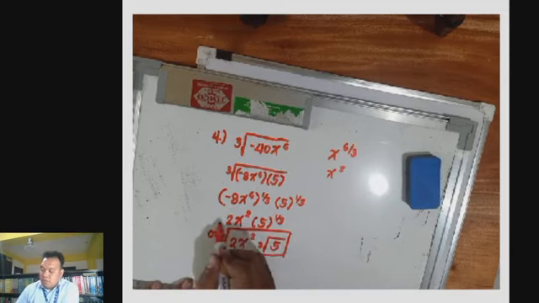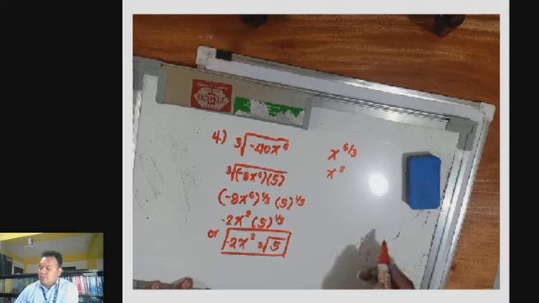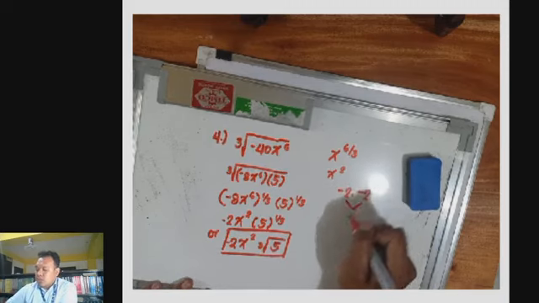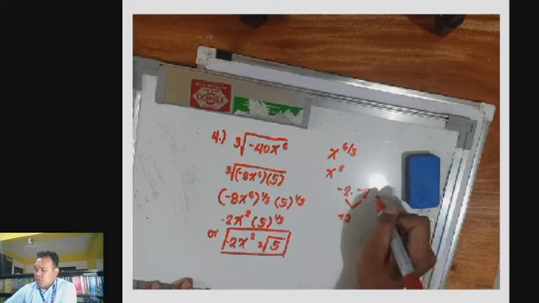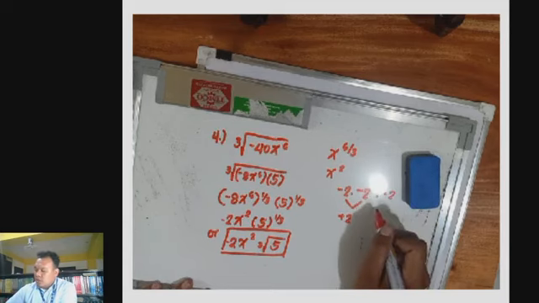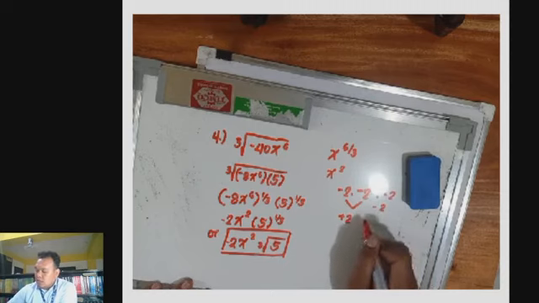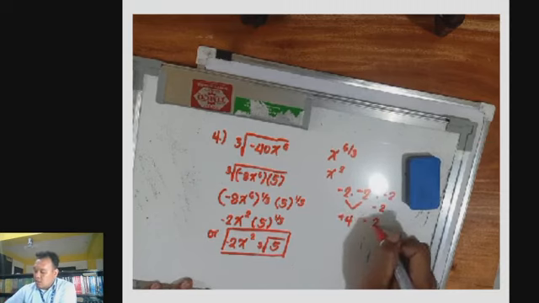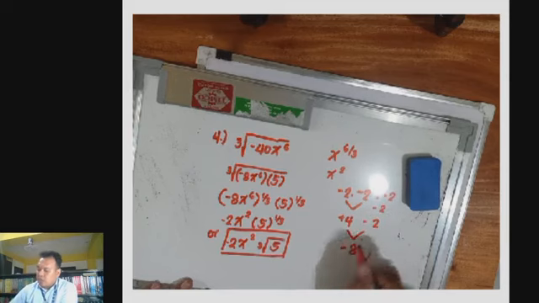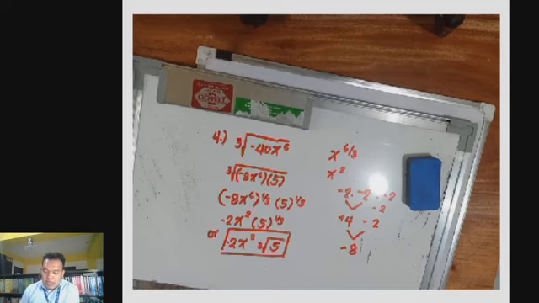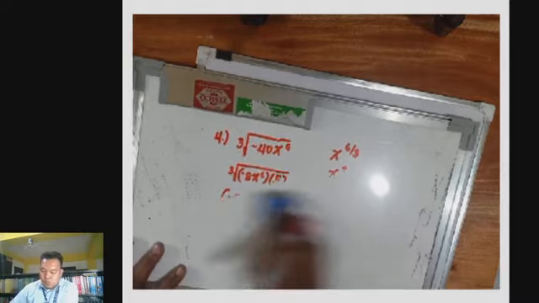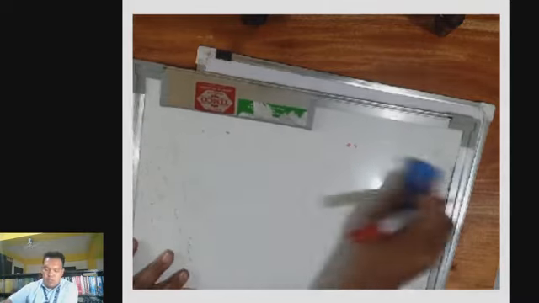Since negative 8 po siya, may negative pa pala dito. Negative 2 times negative 2 is positive 4 times negative 2. Negative 2 dito. So, lalabas, negative 8 pala to. Negative 2 dito. Therefore, cube root of negative 8. So, perfect cube po siya. No? Okay. Then, for number 5, we can say that